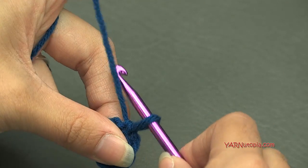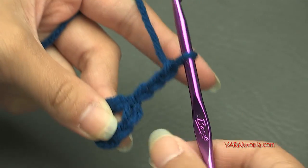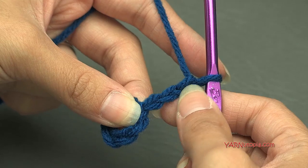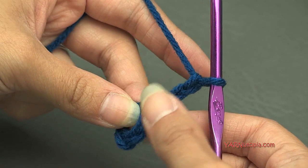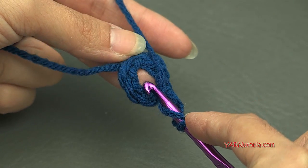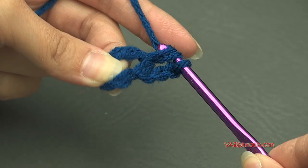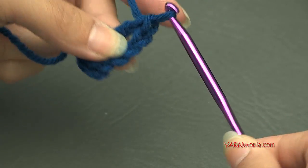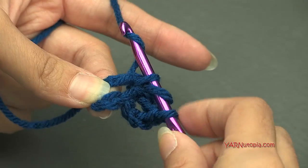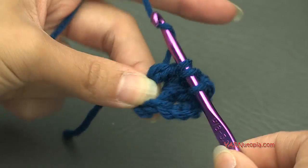Starting with round 1, we are going to chain up 3, so yarn over, pull through, 1, 2, and 3. And in this ring now, we are going to put 15 double crochet. This chain up 3 counts as a stitch, so in the end of this round 1, we are going to have 16 stitches in total. So a double crochet is going to be yarn over, go into this ring, yarn over and pull through, then yarn over and pull through 2 loops, and then yarn over and pull through 2 loops. Okay, that is a double crochet. So again, yarn over, go into the ring, yarn over, pull through, yarn over, pull through 2, and yarn over and pull through 2. So that's 2, this is 3,